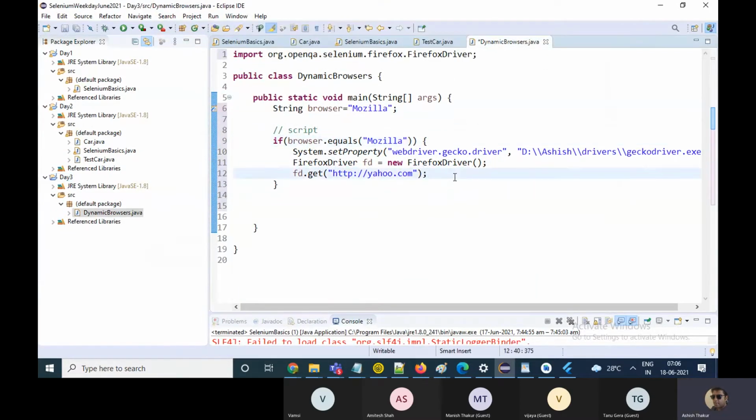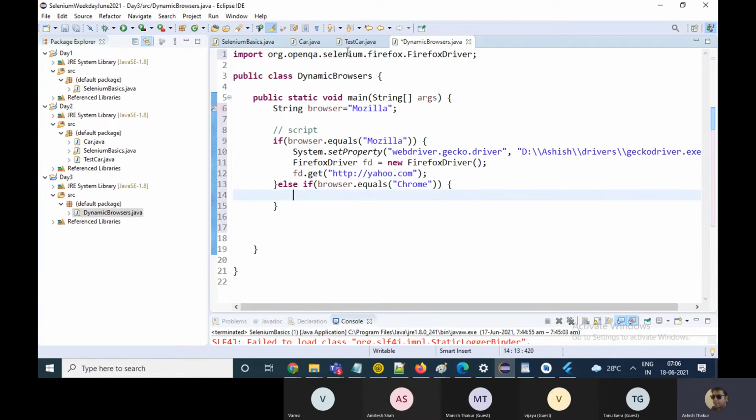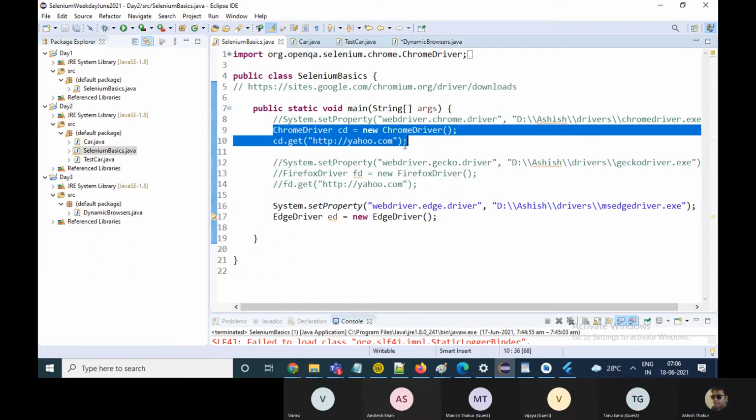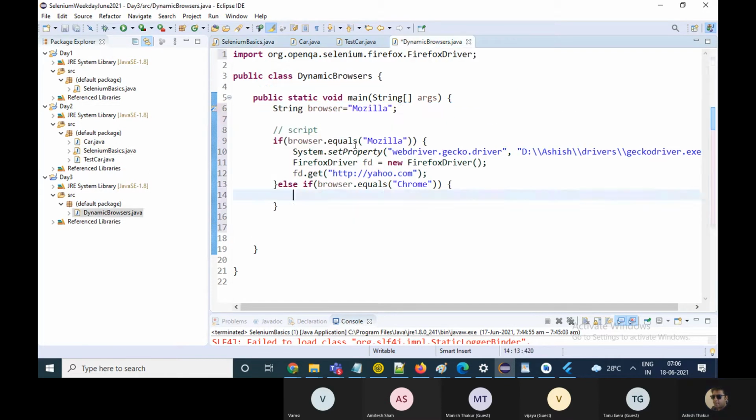Fine. And after this, you can write else if the browser is equal to Chrome, then you will have to initialize your Chrome browser.